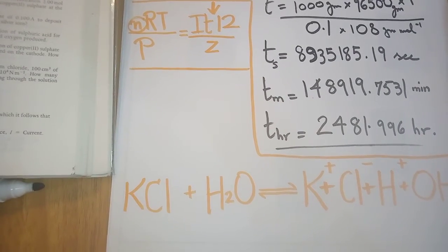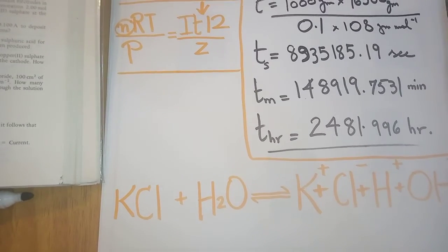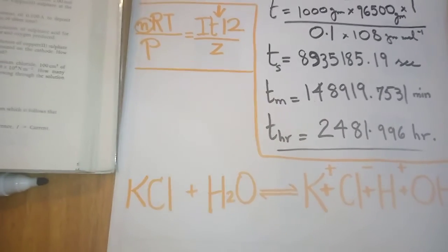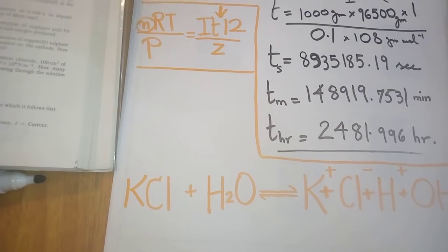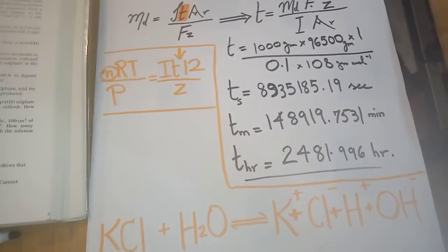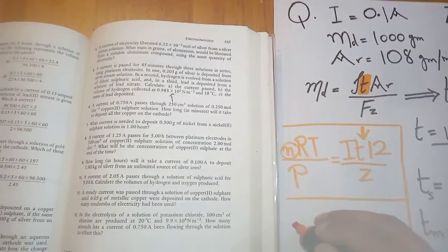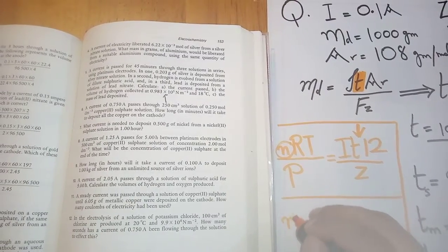How many seconds has a current of 0.75 amperes been flowing through the solution to effect this? So I found out that we'll have to first find the number of moles of 100 centimeter cubed, which is 0.1 dm cubed worth of chlorine gas. So that'll be the number of moles